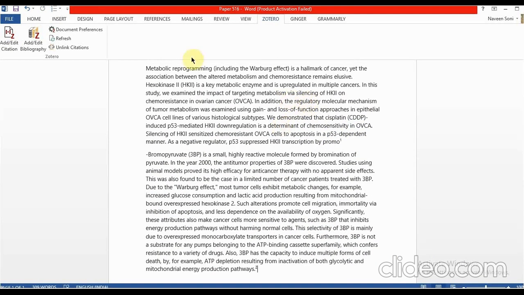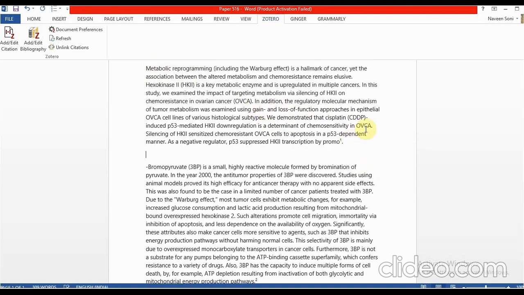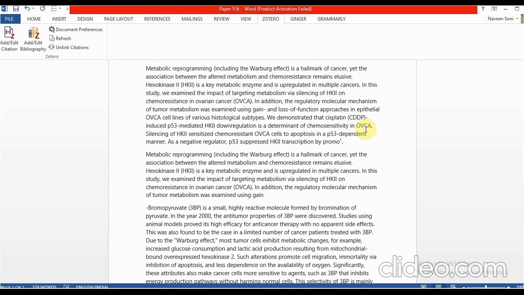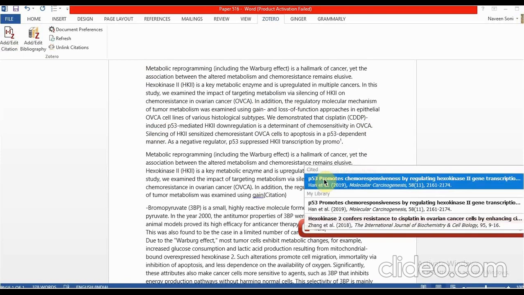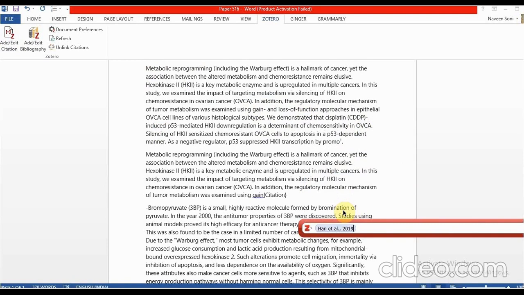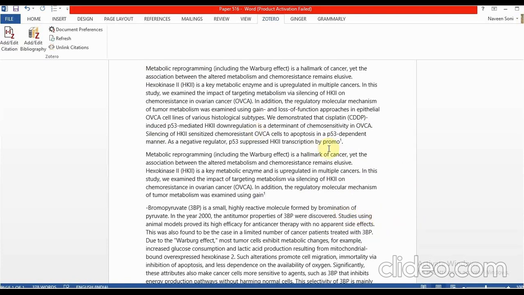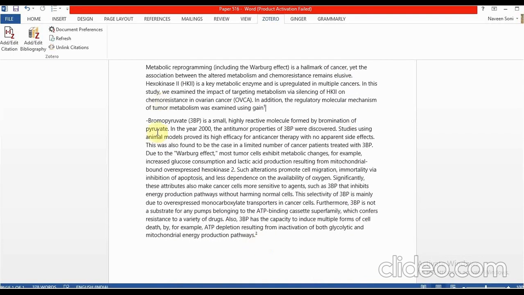Such that if you have copied this data here and then want to paste it here and add another citation, then you will see the same previous citation will repeat again and again. You can see here it's citation number 1, citation number 2. These are the same, 1 and 1, because these are extracted from the same paper, and the other one is extracted from another paper.